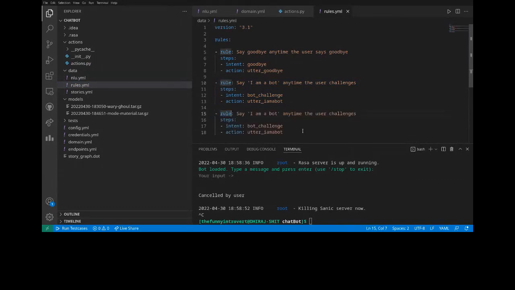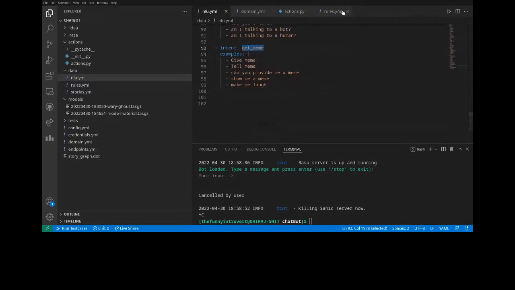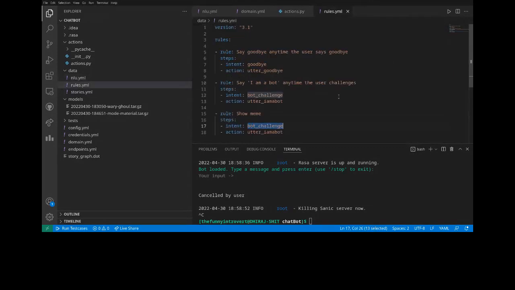Now for the rule, whatever name is given here, I will write my own name. So I guess for us a better name can be show meme. I guess it is a good name, and let's just capitalize because all were capitalized, and show meme is good, yes. So I have named the rule show meme. Now the intent. We just talked about what the intent will be, so it will check. So the simple rule will be okay, show meme, add an intent.